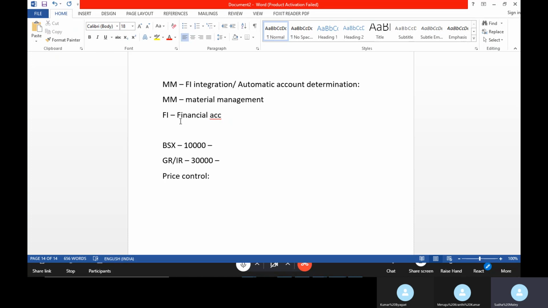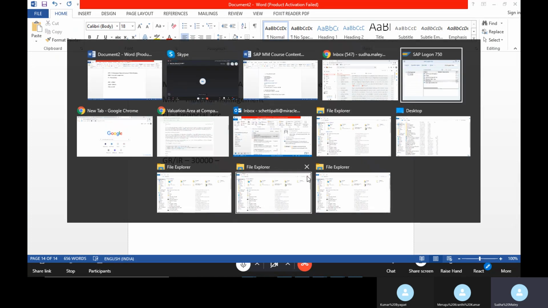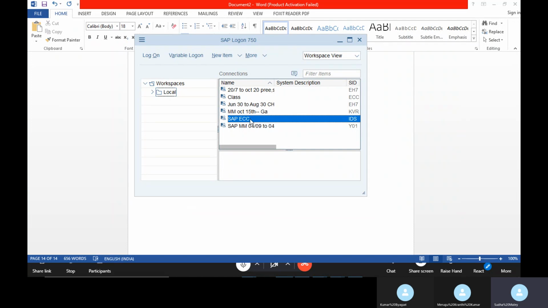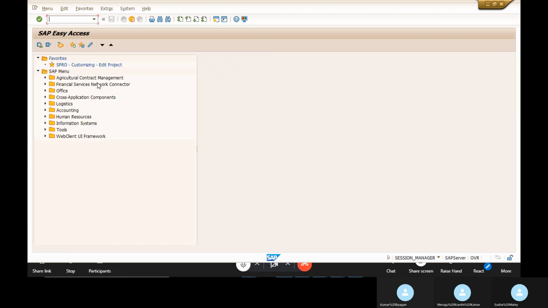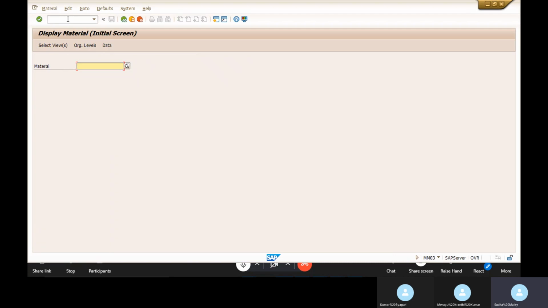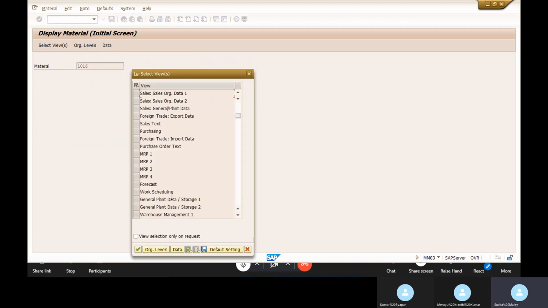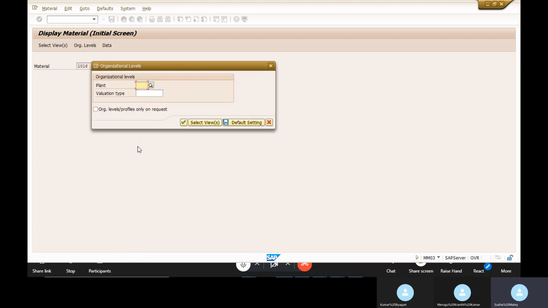For example, if you go to any material master and select your accounting view, in the accounting view is where you maintain your price control and price.